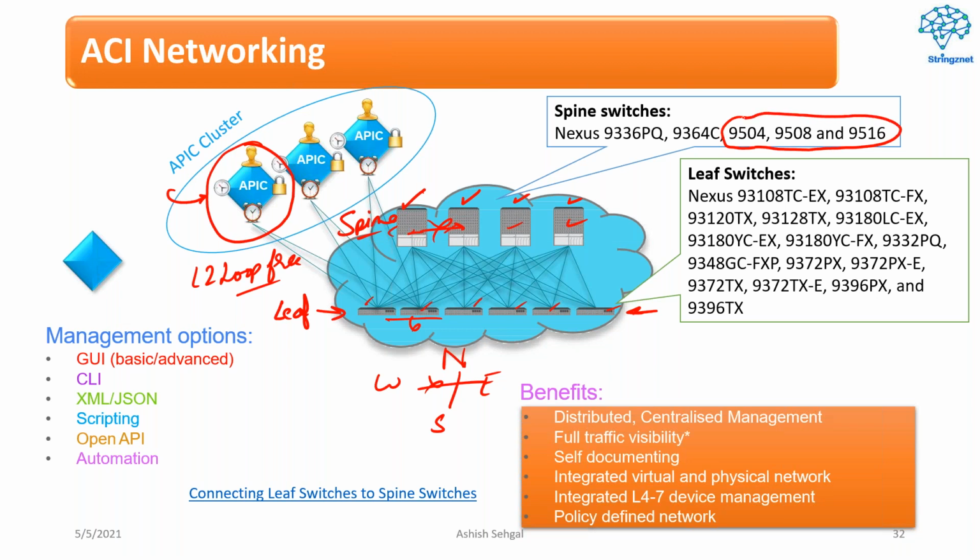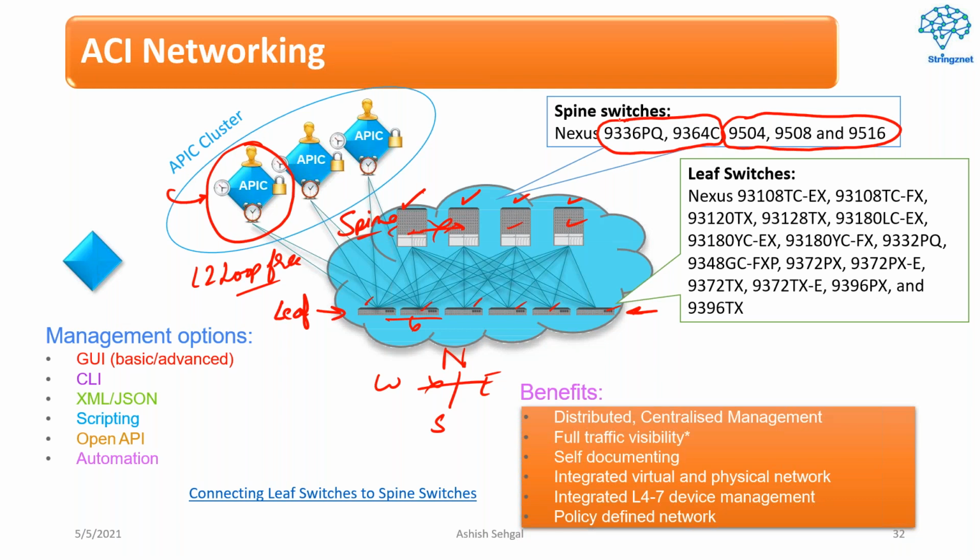There are certain 9300 series switches which do qualify as baby spine switches, and these switches are 9336PQ and 9364C. Hope you remember the very first day Nexus hardware class, we had a detailed discussion of our Nexus 9000